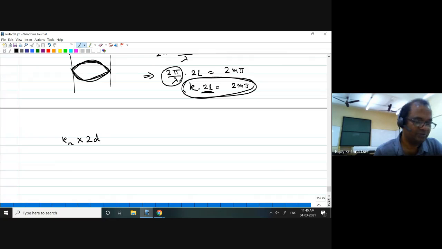Is that correct? That means k1x going d length and coming back d length. And total internal reflection is actually changing phase. That phase is changing only for normal. That's why normal is coming back to the other direction, right? So we write here